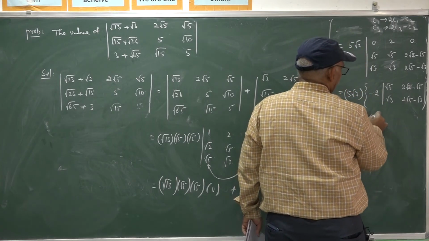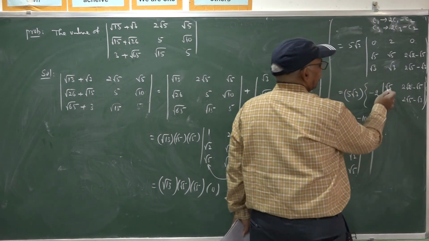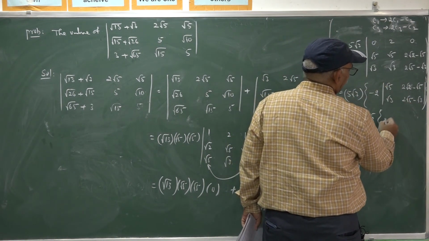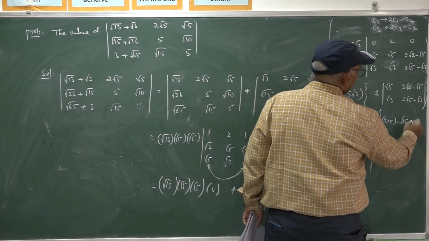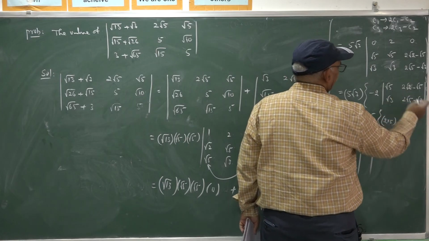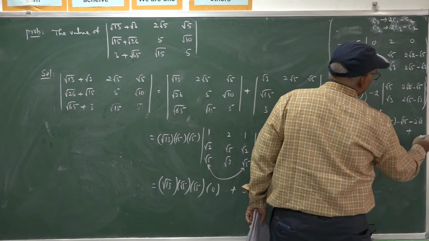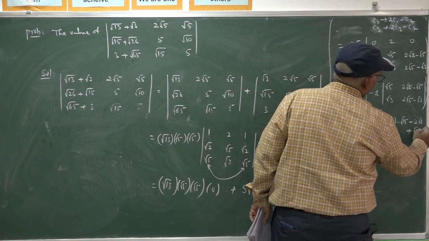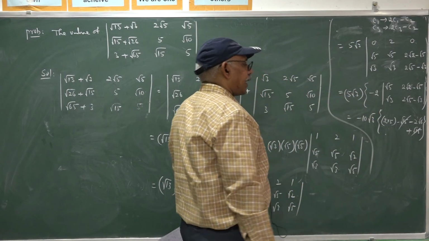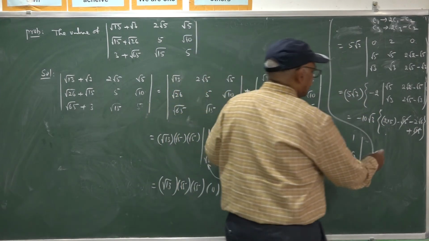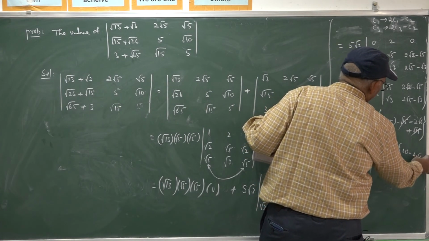That is minus 10 root 3 into the determinant. Evaluating the determinant, root 5 into this value, 2 into 5 minus root 15, multiplying this with a negative sign, minus 2 root 6 plus root 15. Minus root 15 plus root 15 cancel. That gives us minus 10 root 3 into 10 minus 2 root 6,